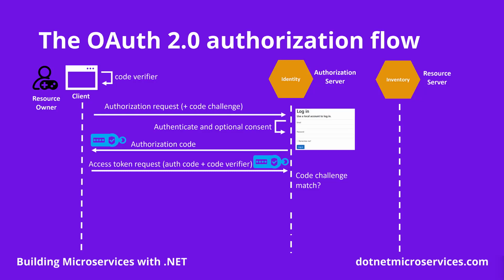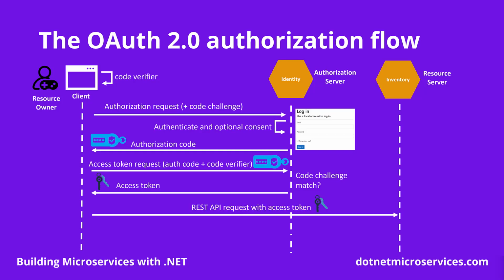If all looks good, the authorization server verifies the received authorization code and generates an access token. The client can now use this access token to send a request to the resource server so it can perform the desired action on the protected resources. The resource server validates the received access token, and if all looks good, it executes the requested action and returns